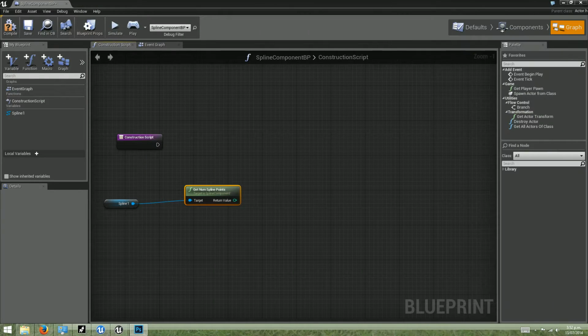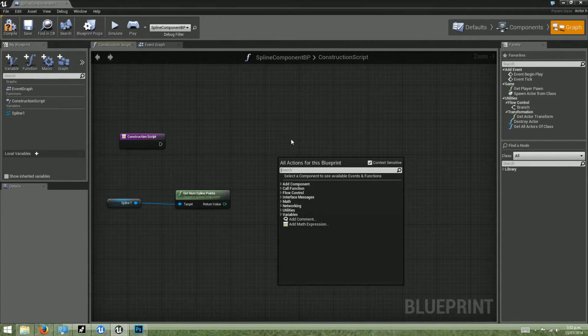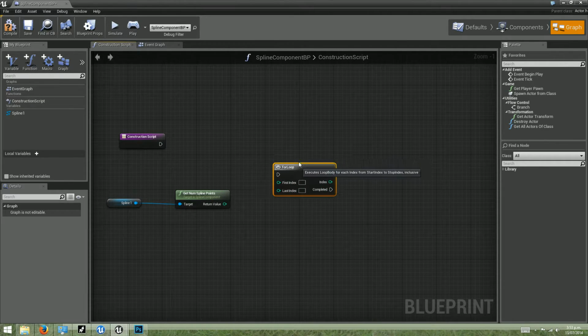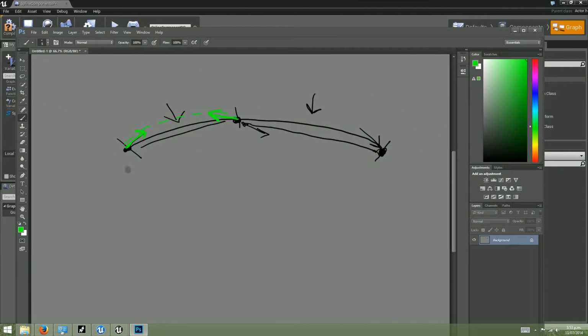So I'll just move this across, and so first we'll get the number of points, and then we will create a for loop. So we shall right click and we shall create a for loop, and first index is going to be 0 because the first point of a spline is always 0,